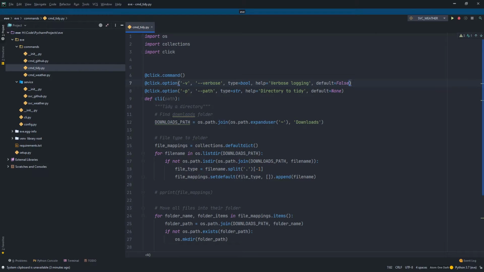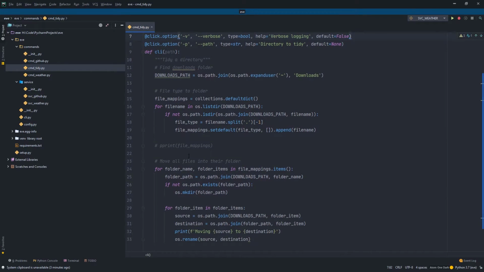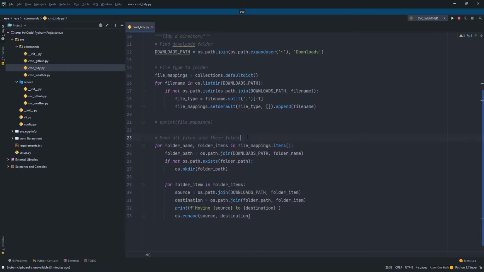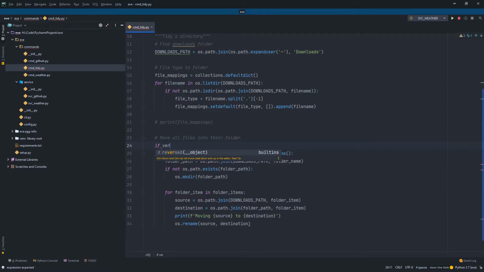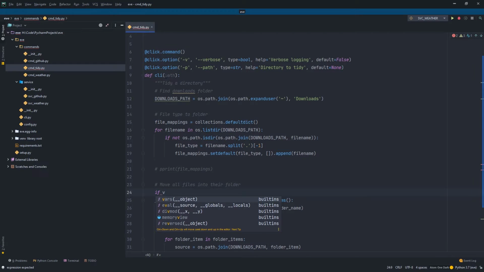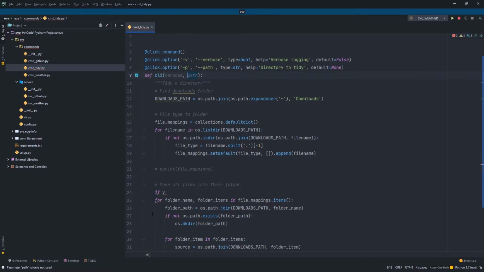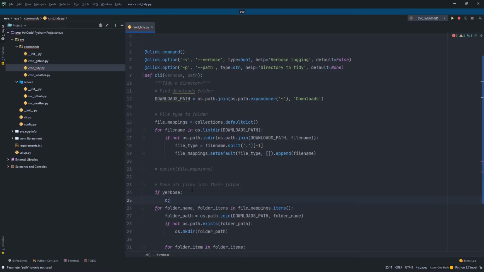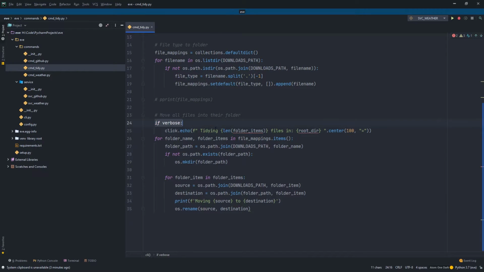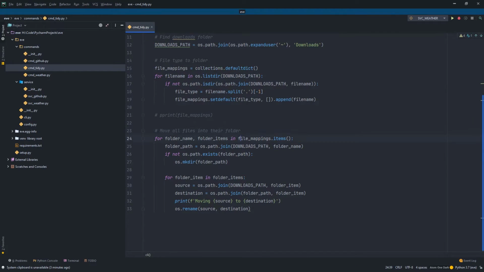Defaults to false, just so we can kind of see more of what's going on down here, and all we need to say down here is, if verbose, I haven't passed verbose in here, if verbose, then I want to say something like click.echo, something like, actually here's a message I've got earlier. So we could say something like, I am tidying, oh actually no, sorry, we don't want that there, we want that